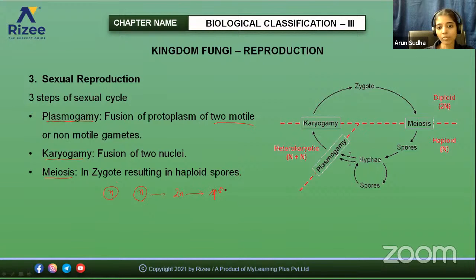In the case of lower fungi like Phycomycetes, there occurs an immediate plasmogamy and karyogamy. The time gap between plasmogamy and karyogamy is less here. But when you see Ascomycetes and Basidiomycetes,